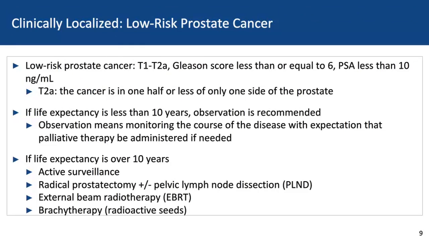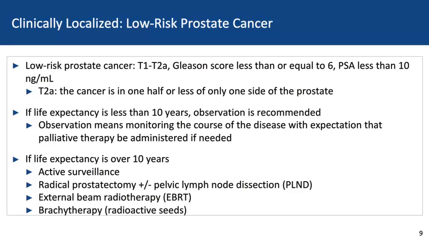Low-risk prostate cancer is T1 to T2A, Gleason score 6, PSA less than 10. It is different from very low-risk prostate cancer because we've lost the categories of PSA density and volume. T2A prostate cancer specifically refers to a cancer that is 1/2 or less of only one side of the prostate. It is a small palpable lesion. If life expectancy is less than 10 years, observation is recommended. If life expectancy is greater than 10 years, the patient has the 4 choices of active surveillance, radical prostatectomy, EBRT,